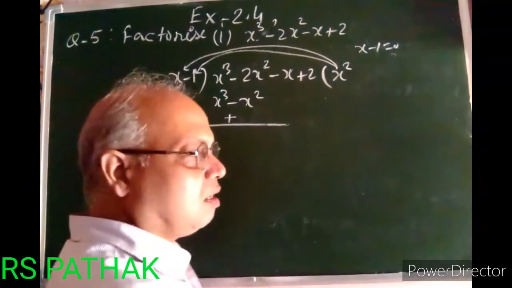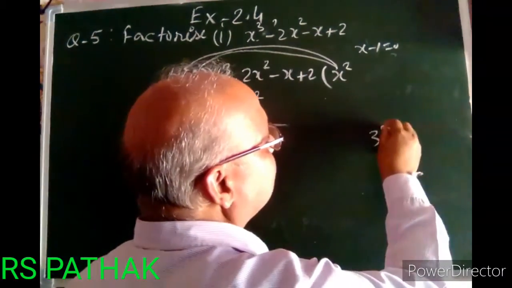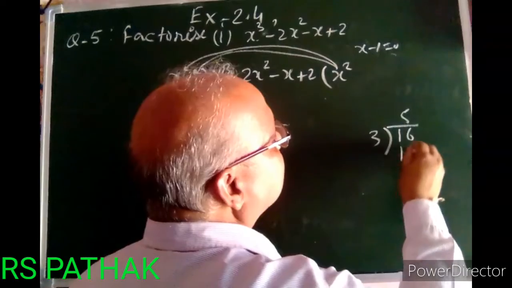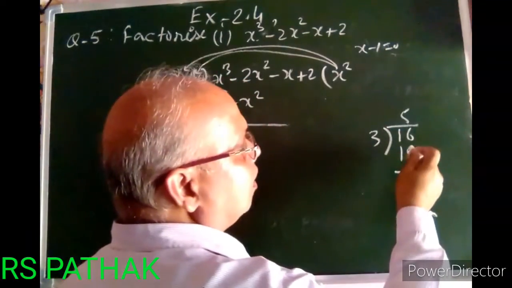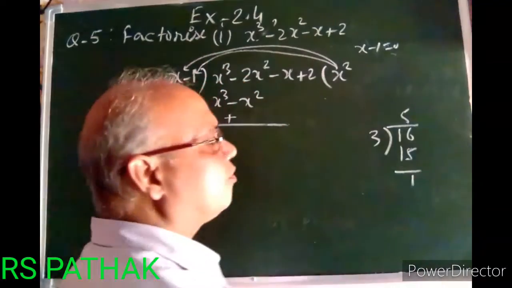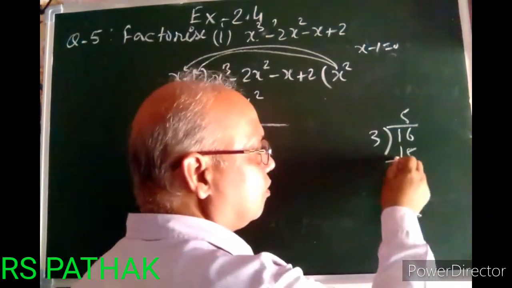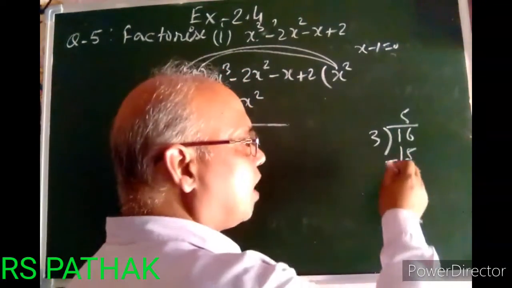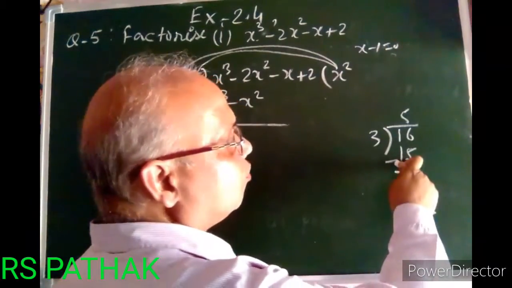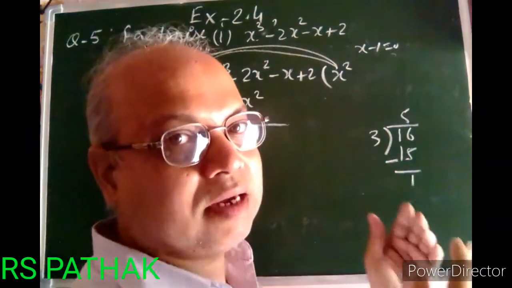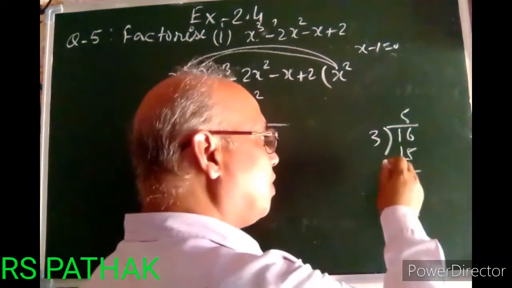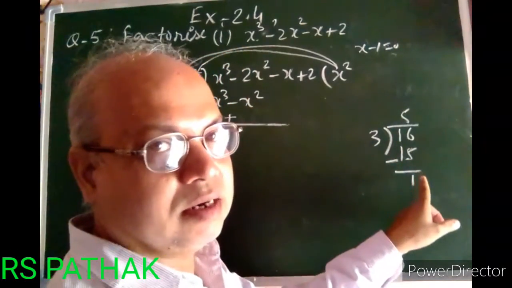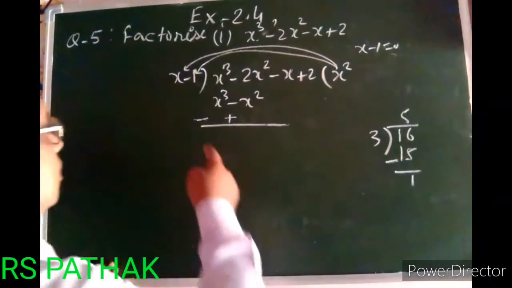The procedure of division I am going to explain. Let us suppose I am dividing 16 by 3. It will go 5 times, 3 fives are 15. Then we subtract it and directly write 1. We don't write it as minus 1, but it should be written with minus. There should be a minus. This number would be subtracted. This is not done by any student, but this should be done. Therefore, in the division process, subtraction is done, so there will be minus. Therefore, the sign will be changed.